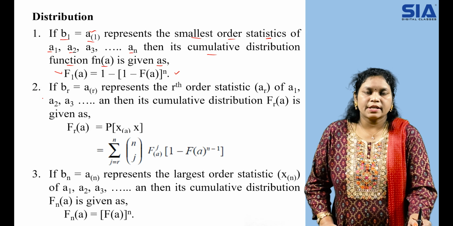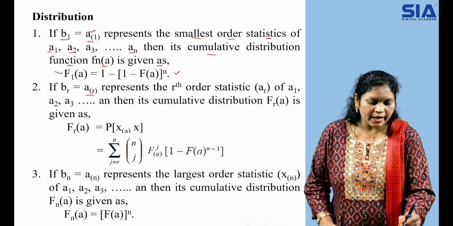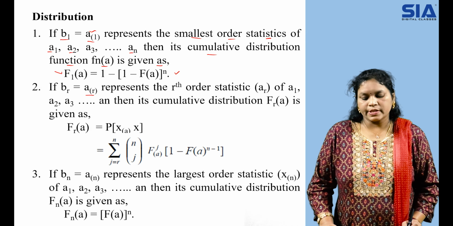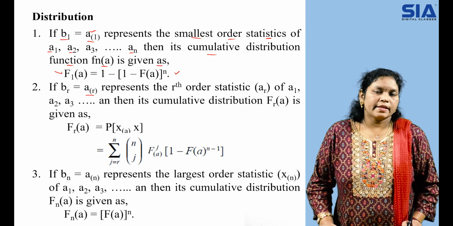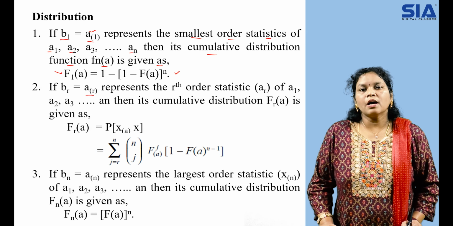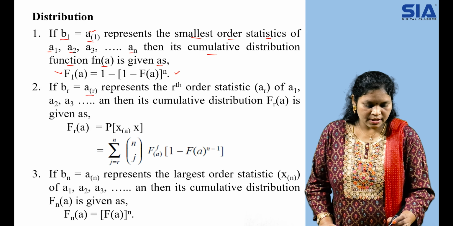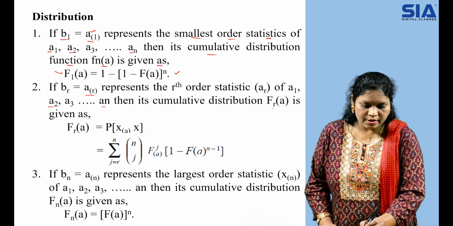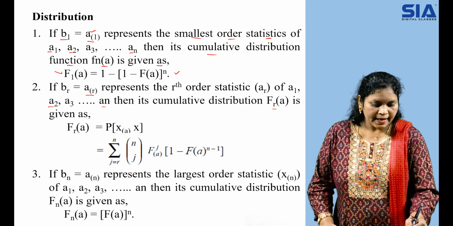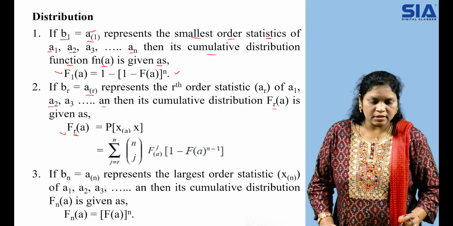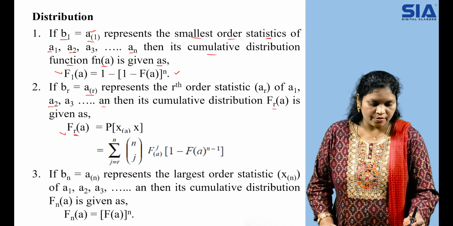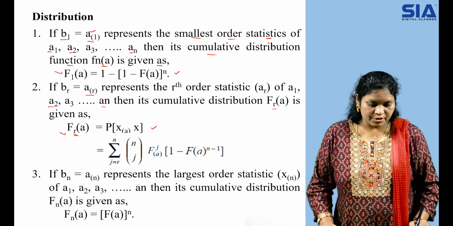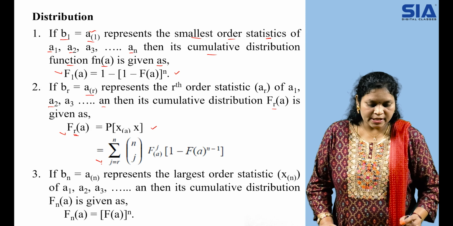Okay. Now let us check the second point. If BR is equal to AR, I am considering the rth order statistic. First we have done the smallest order statistic, that is the first one. Then the rth order statistic, let us check how the formula goes. So again for the same set of data, A1, A2, and so on up to AN, its cumulative distribution FR of A is given as follows. FR of A is equal to the probability of X less than or equal to A, which goes to the formula of summation J equal to R to N